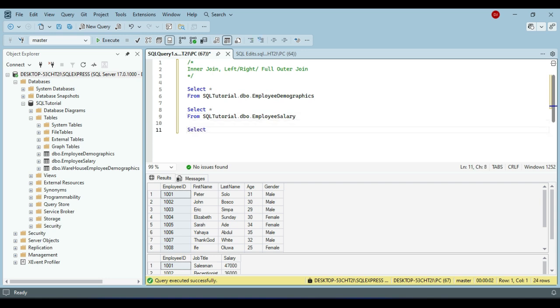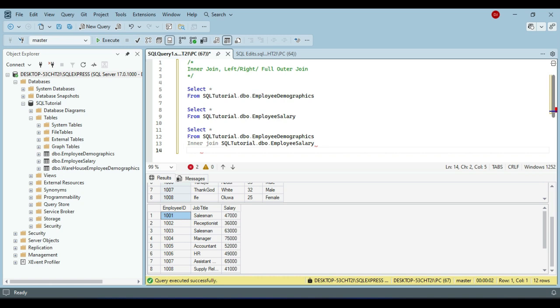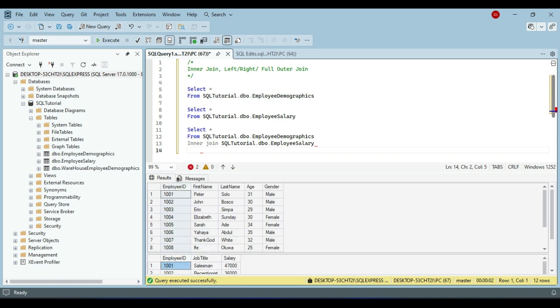So let's say select everything from, let me just copy this out so it can be very fast, and then we would say inner join. Let's copy the salary. Now we're going to join this based on a particular column. So the column is going to be the ID of both the salary and the demographics table. So it's going to be on